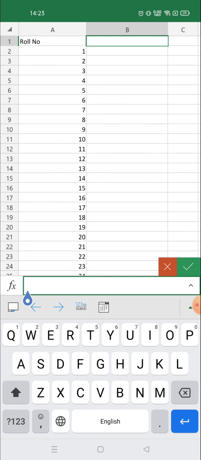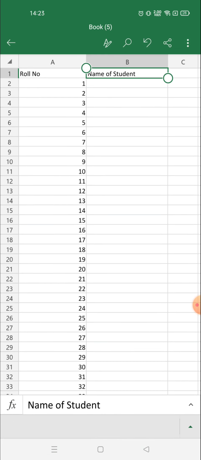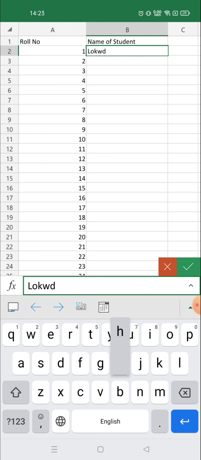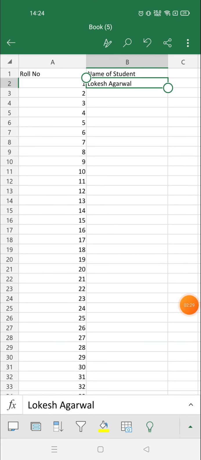So here we will write name of student. After that we need to write a name here, like suppose we have written the name Lokesh Agarwal. If you want to write any other name, you can write any other name also. I am just making you understand how you can use MS Excel on mobile also. It's much simple,